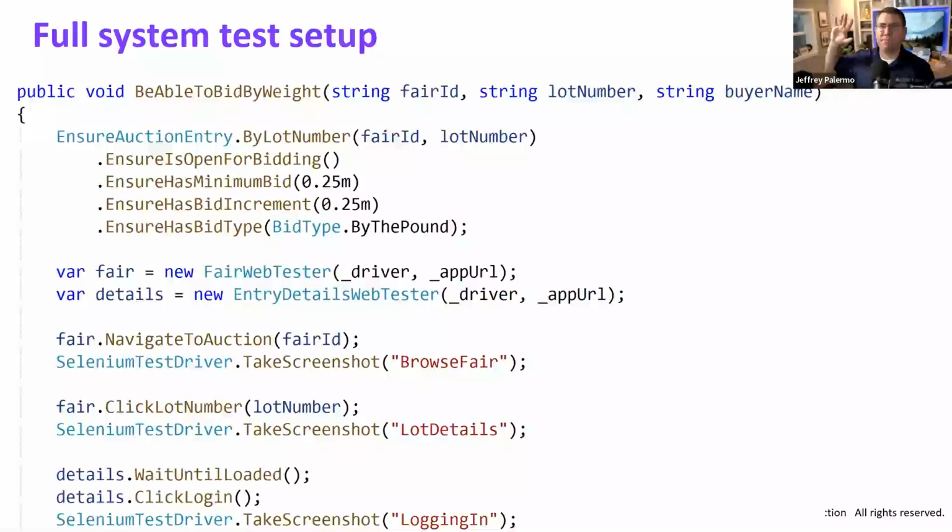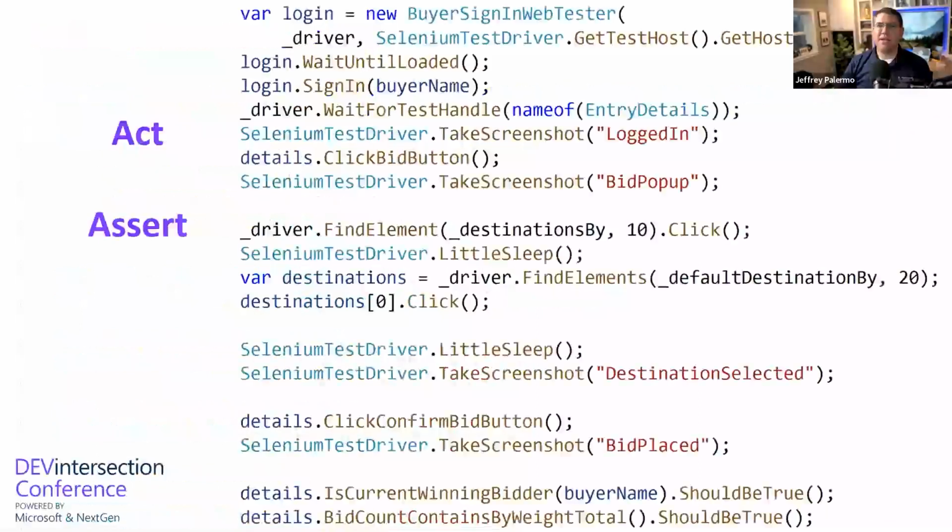So you use your data access layer to throw data into the database at the beginning of a test, and then have common navigation. Okay, so this is the setup, and then you have your arrange, act, assert, and the asserts use the Selenium driver to do certain things. All right, let's finish up with